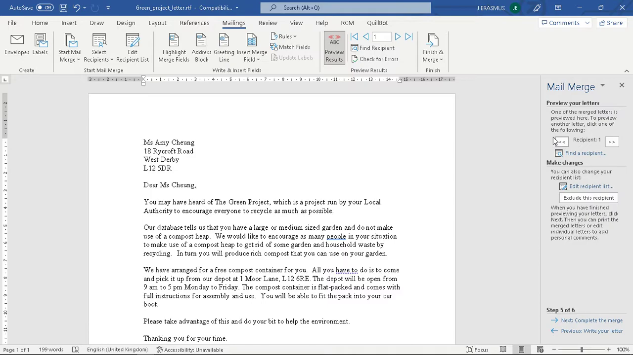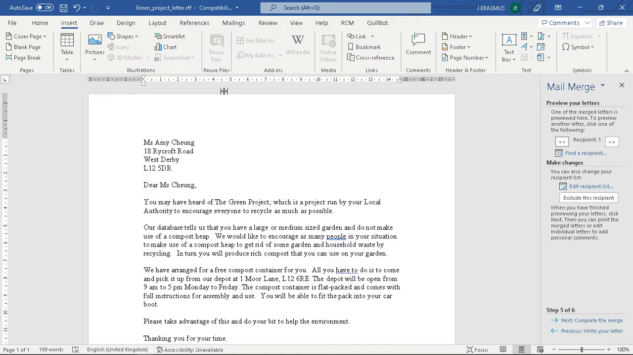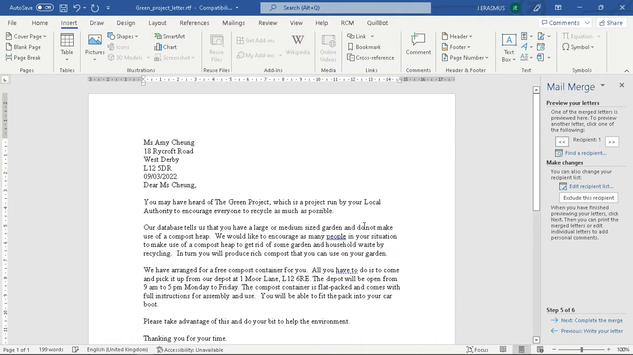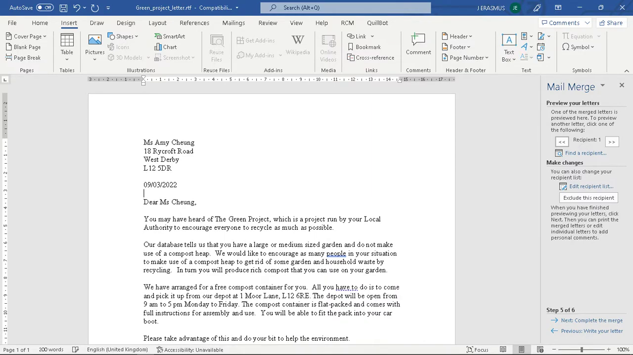So next we have to insert a date. So I'm going to put the date in there, and I'm going to say insert, and then find your date and time. So choose the first option there. Make sure you have United Kingdom over there, and we just say OK, and we also just have to make sure that there's a nice space between the two, and then we say complete the merge,